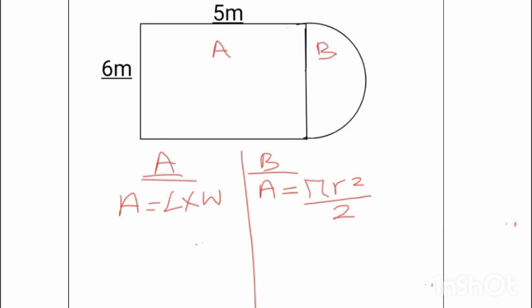Alright, so let's go ahead and find the area of the rectangular portion. That's 5 times 6, which is 30, and our unit is meters, so we have 30 meters squared here for the rectangular portion. For the semicircular portion, we'll be using pi as 3.14,